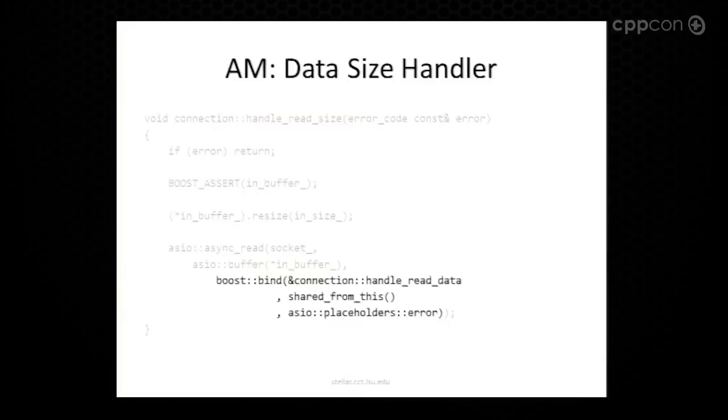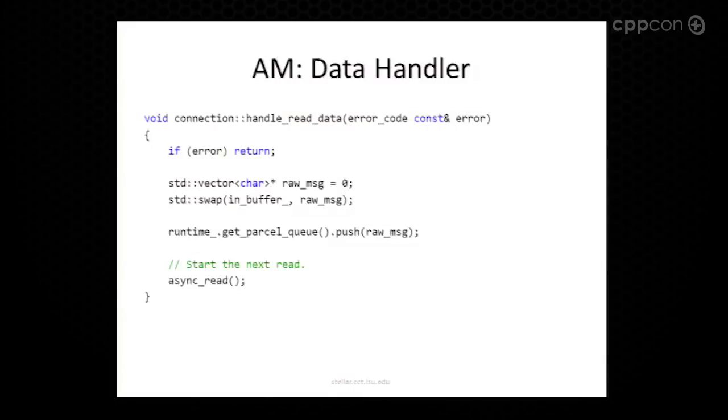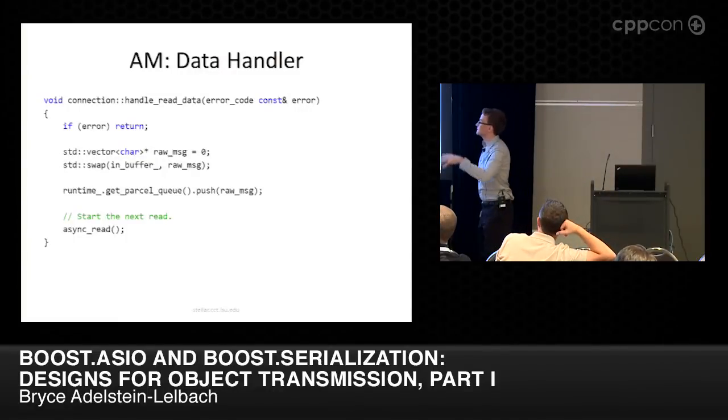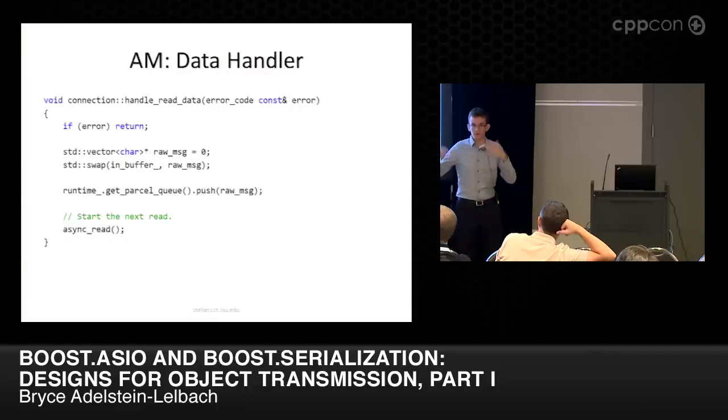And from the last slide, we did the same sort of thing. We had the in size, which was 0. Well, in size is zeroed inside of the first function. The last thing we do here is start the async read again, because we want to be going through this loop: start a read, looking for something to do, read the in size, then do the next one, et cetera, et cetera.